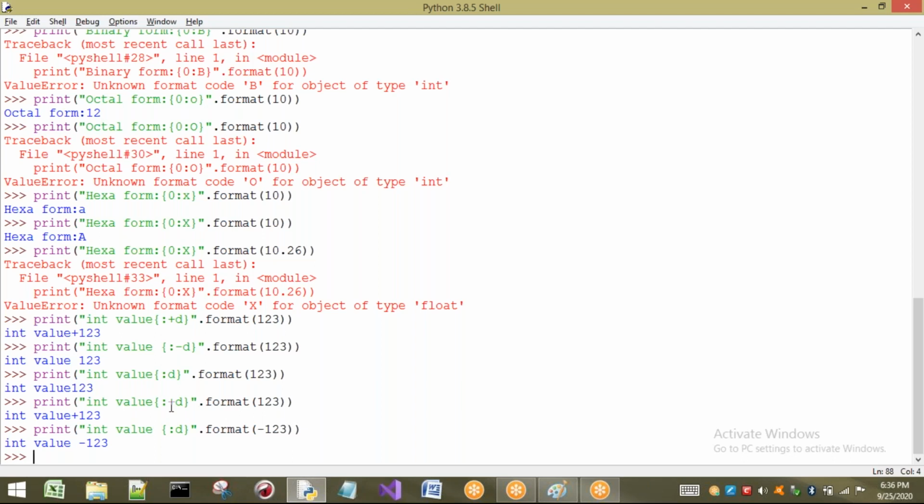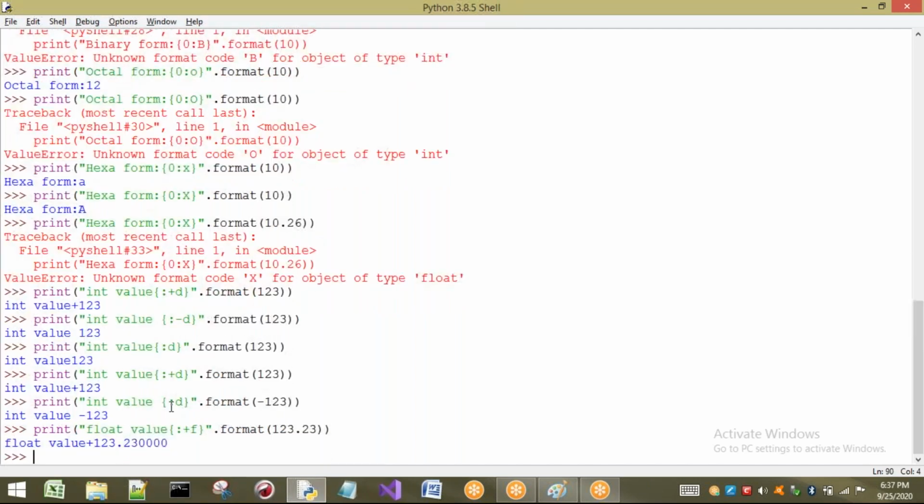If you are going to consider the same for a floating point number also, I can take it. For example, if I'm going to consider a floating point value, I will write here float. Okay, right. Now here I will write F and take some floating point number. I want to print a positive value, positive 123.23. I just have to place plus F. So it will print plus F. If I want to print minus, directly here I can change.